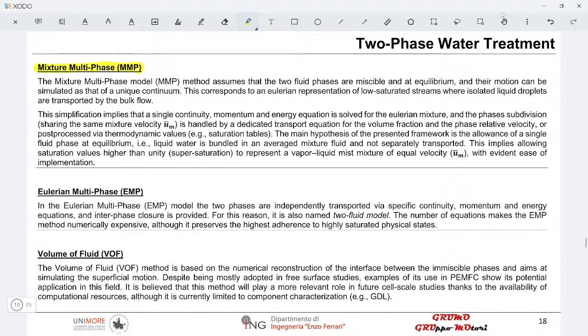Okay, so you are happy with considering a unique mixture. Then you have to specify how much of your mixture is liquid and how much of your mixture is gas. But you can write all of those transport equations that we have seen, not for the fluid, but for the mixture. And that's why usually you find a subscript m. So the velocity is not anymore the velocity of the fluid,